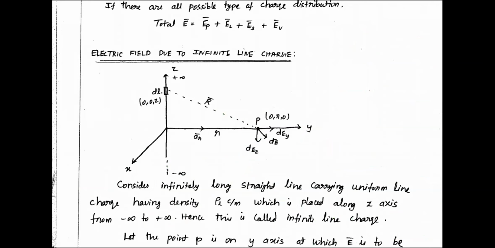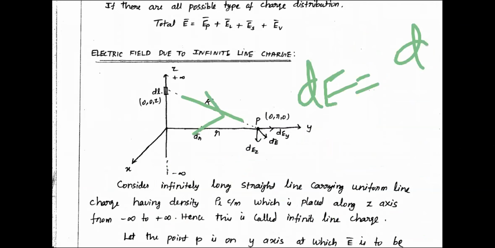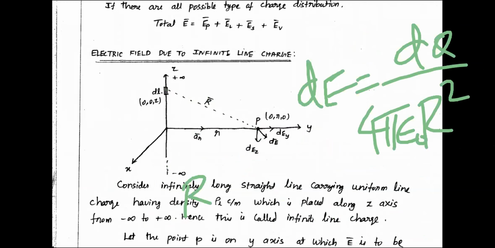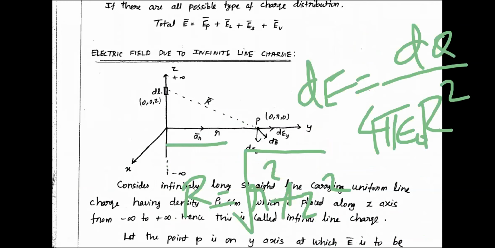Then what is my value of the force here? I already told you the value is the force due to the elemental charge over 4 pi, and again you should know what this distance is. R square will come here, and epsilon naught will be there. What is the value of r here? Using Pythagoras theorem, the value of r is the square root of r square plus z square. Anyway, what you need is r square, so the square root will cancel, and you can substitute the remaining things.